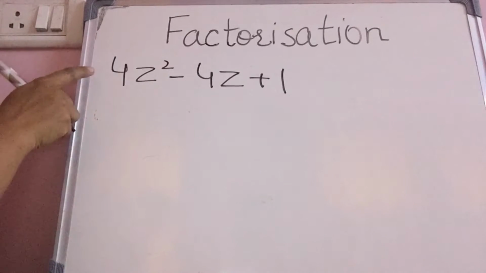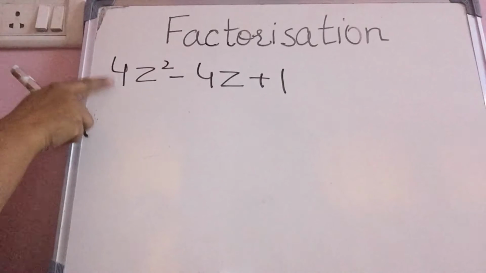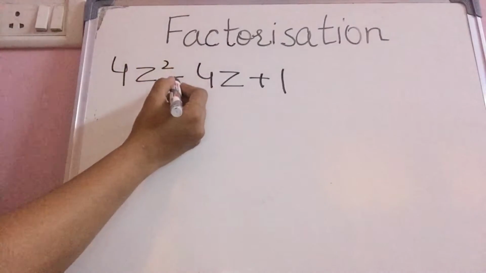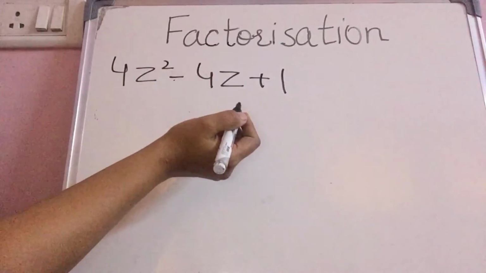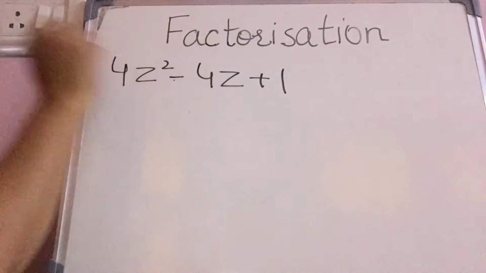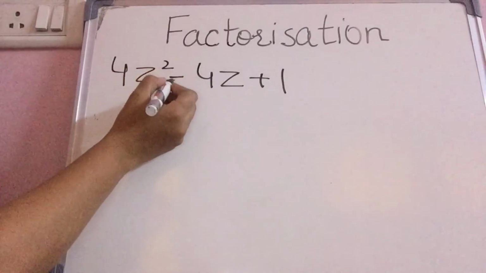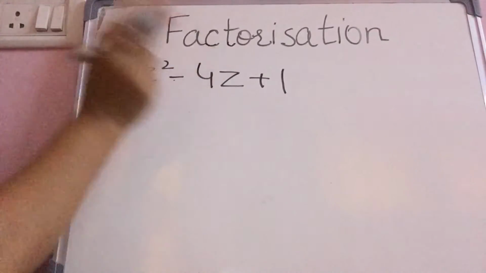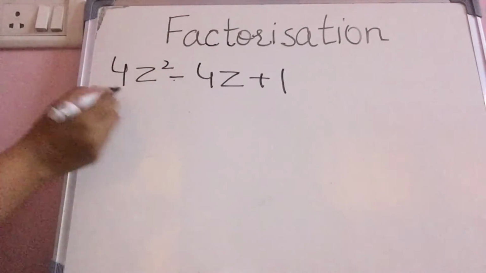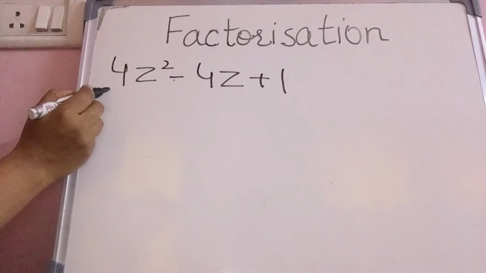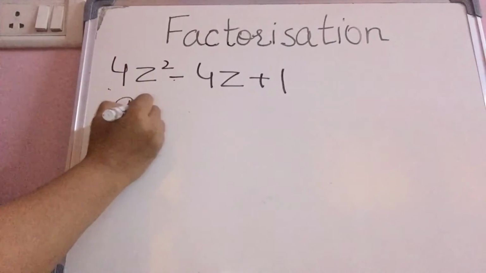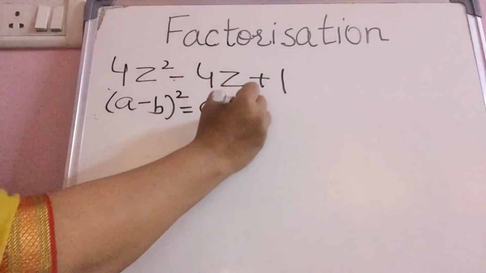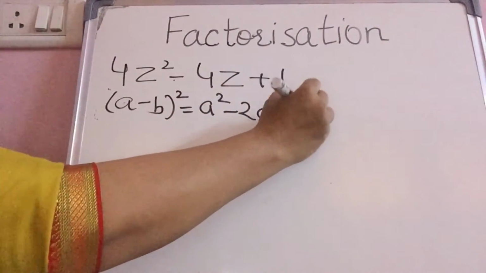Now suppose this is another example. Again we will see which identity we are going to use in this question. We see we have 1 minus sign. So the first identity we cannot use because in the first identity all the signs are positive. In the second and third identity we have a negative sign. But in the third identity we have only 2 terms. So we will be using the second identity in this question. What is that? That identity is (a minus b) whole square is equal to a square minus 2ab plus b square.